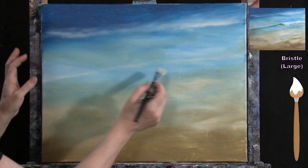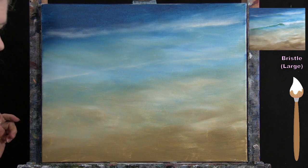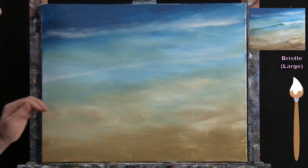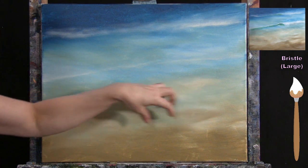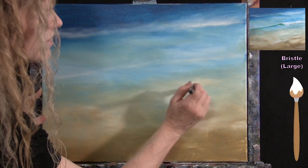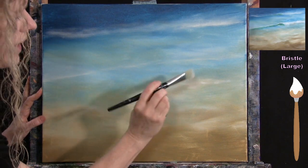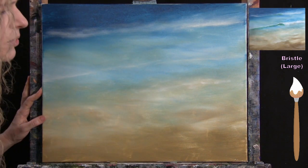But right now, again, just kind of placing my waves where I want them. I'm going to put a little bit more white paint on my brush because I know that I'm going to want some little ripples coming into my sand. So again, just a little bit of white paint on my brush. I'm just really going back and forth right now and giving myself